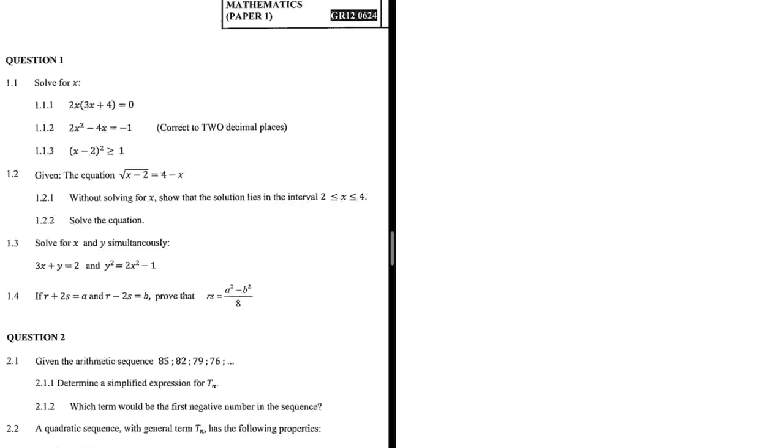There's a question I need help with here: 1.2.1. Without solving for x, show that the solution lies in the interval 2 to 4. We're going to do that question. Let's start by doing